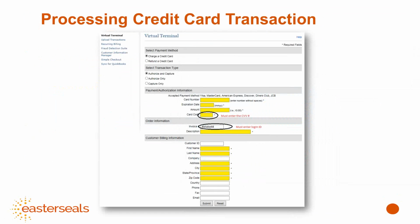So when you're getting the information from the consumer or the person that's the credit card holder, make sure you get their billing address, and you let them know that it's not the mailing address, it's not the physical address, it's whatever they have as a billing address for their credit card. This is all required information because it will not process without the CVV number, and it will not process without the correct billing address. Once you've gathered all the information, you would just press submit, and it will take you